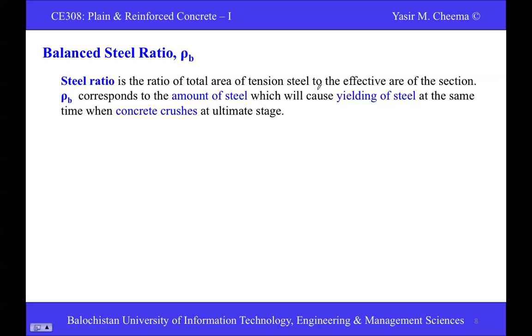Rho b corresponds to the amount of steel which will cause yielding of steel at the same time when concrete crushes at ultimate state. Important to note this thing. Balanced steel ratio. You need to know very well the balanced steel ratio. Rho b corresponds to the amount of steel. This is how much steel we are using. We are using that much amount of steel that would start yielding when concrete will get crushed. कि ये उतनी अमाउंट हम स्टील की यूज करेंगे कि जब कंक्रीट क्रश हो उसी वक्त ये भी यील्डिंग स्टार्ट करे।